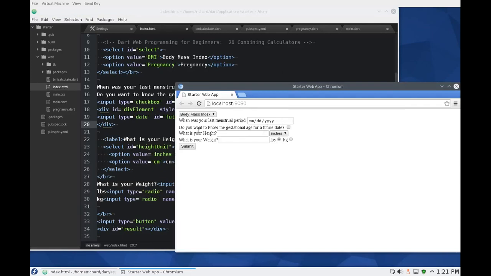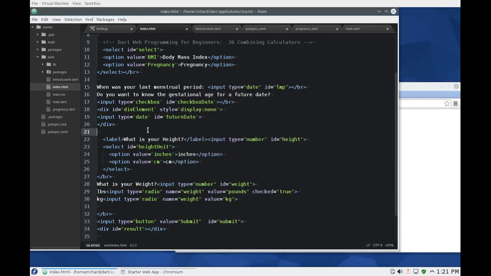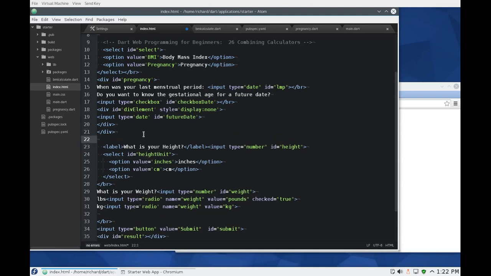How would you do that? Probably a div, right? So what I'll do is I'll say, here's the checkbox, last menstrual period. I'll put a div right here and say ID equals pregnancy. I don't think I've used that before, did I? No. Pregnancy, and the end of the div would be right here. And then here on the height, it would be a new div,